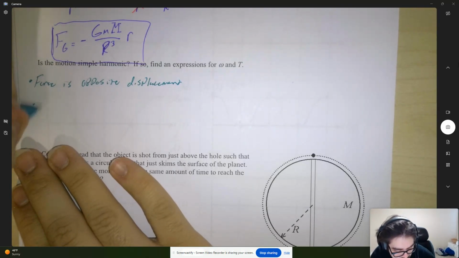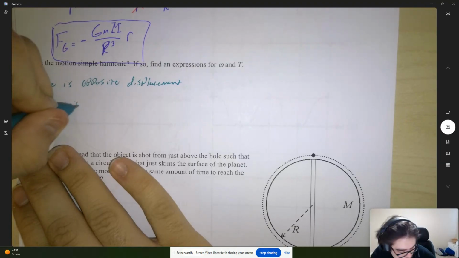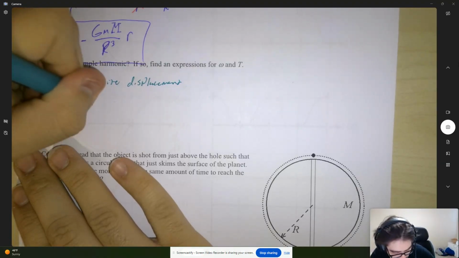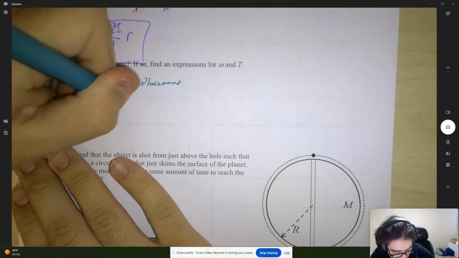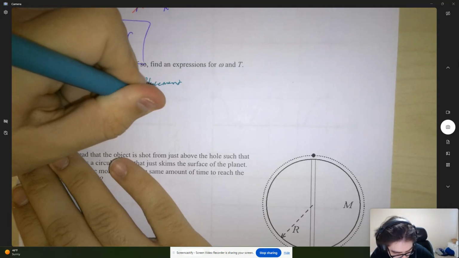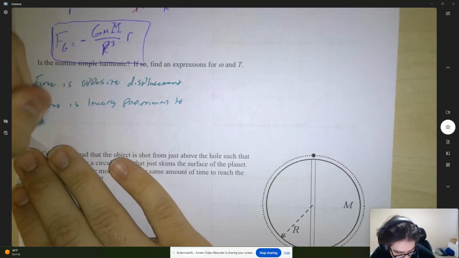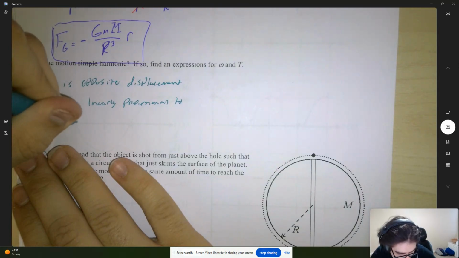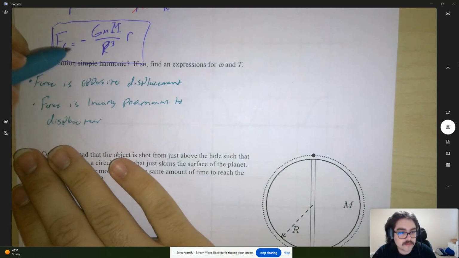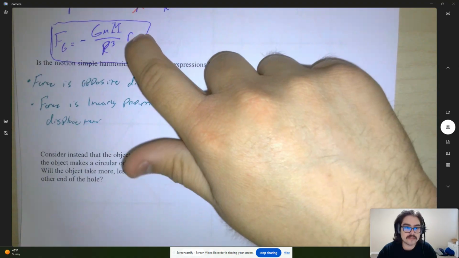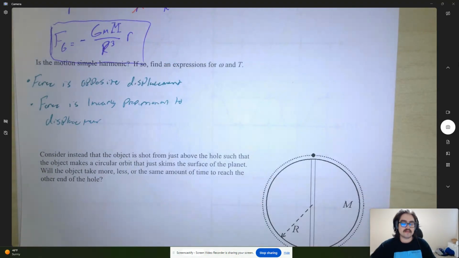Okay, and the force is linearly proportional to displacement. We saw that earlier. The farther you go a distance little r, the more force is applied to it,